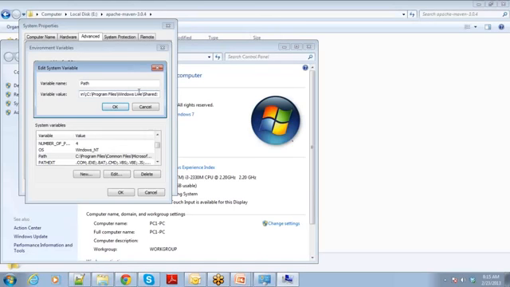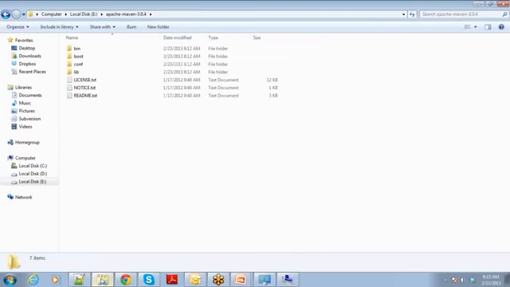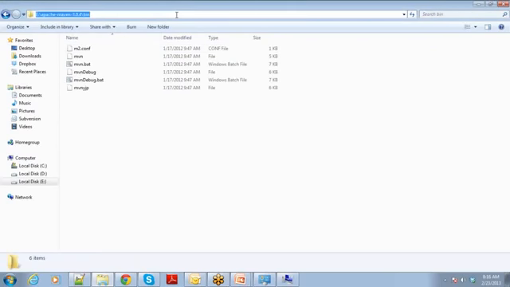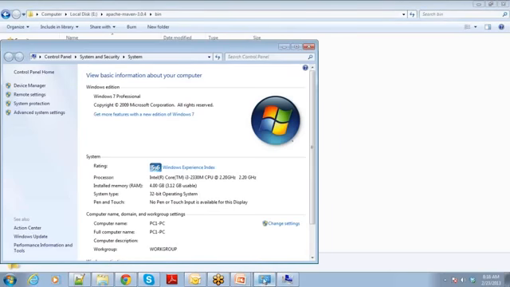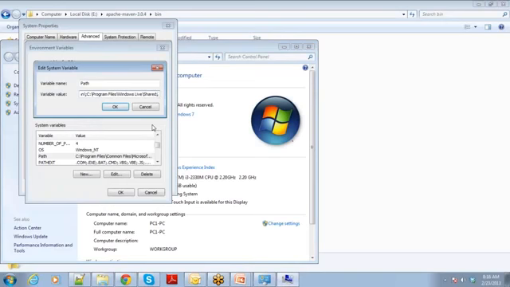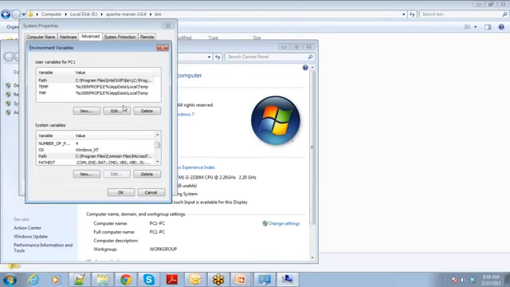Place a semicolon. Give me one second. Now you come to your Maven installation. In the Maven installation, take up to the location of bin, inclusive of bin. So take this value, Maven installation/bin. Now again edit your environment variables, and at the very end where you have placed the semicolon, you just place your Maven/bin. Okay, click on OK.